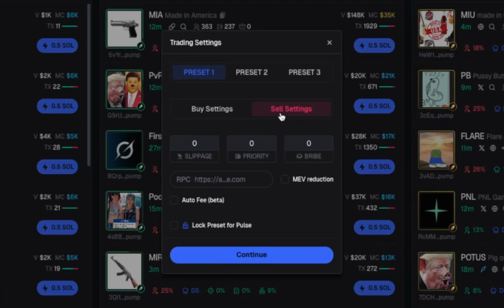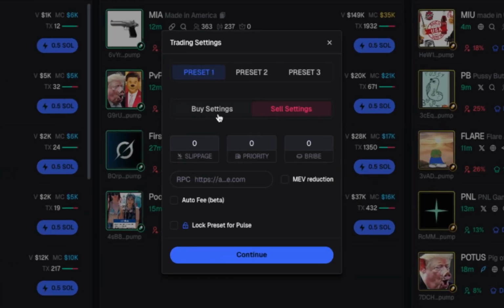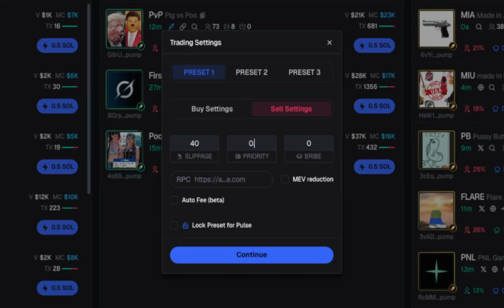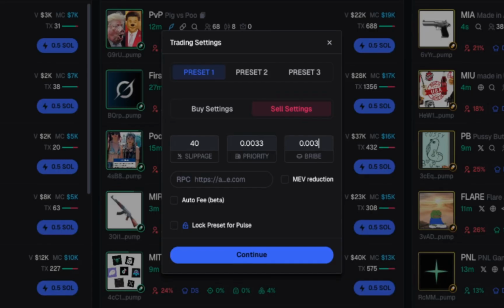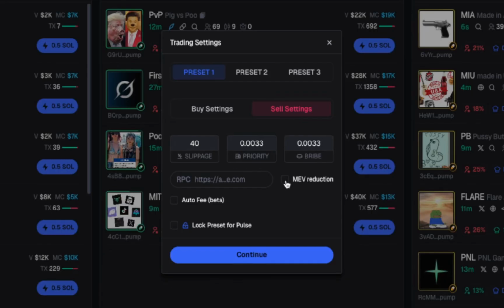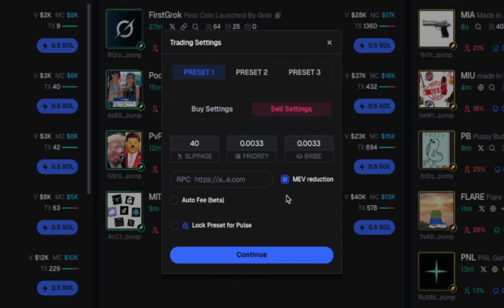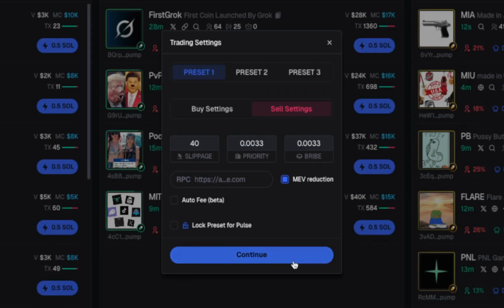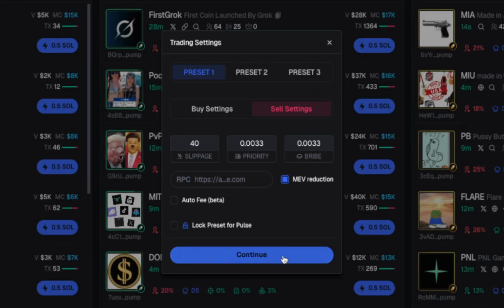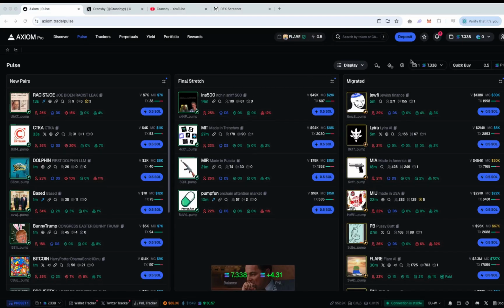Sell settings. You do literally the same thing as you did in buy settings. Slippage 40, priority 0.033, bribe 0.033. Same, MEV reduction. We don't want our buys to be sent to the freaking moon when we are minus 99%. Anyways, press continue. Once you're fully done with the fee settings, right there you can see two options,